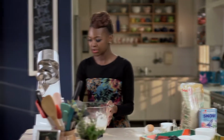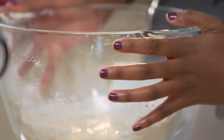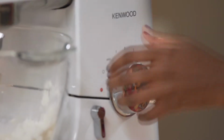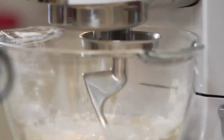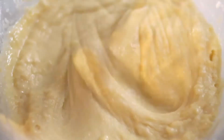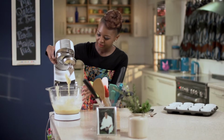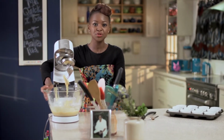So the next thing to do is to mix this together until we've got a nicely blended dough. I'm gonna mix this on low speed. Mixing on low prevents the batter spilling. That looks perfect. So now that our dough mix is ready, all that I'm going to do is prepare the